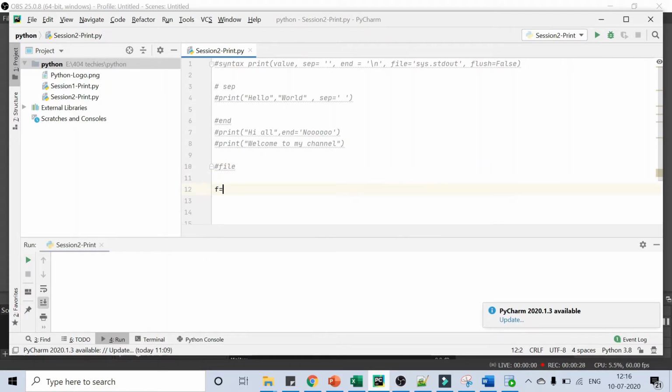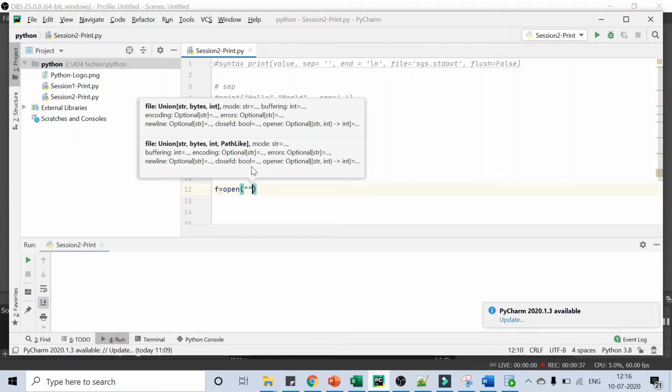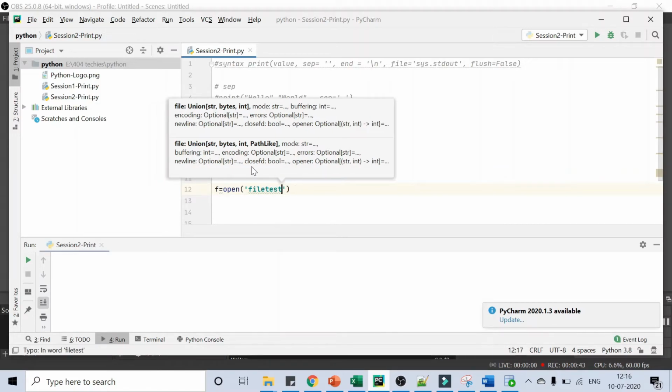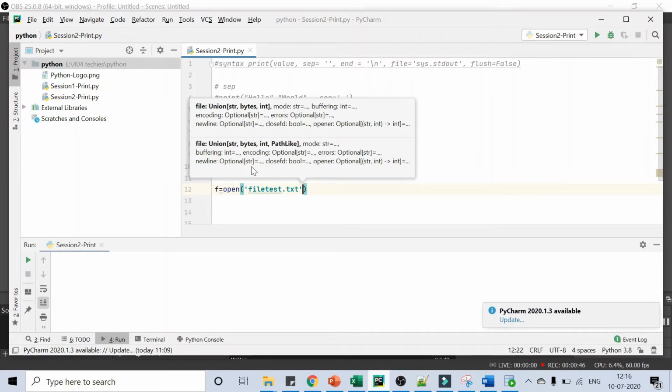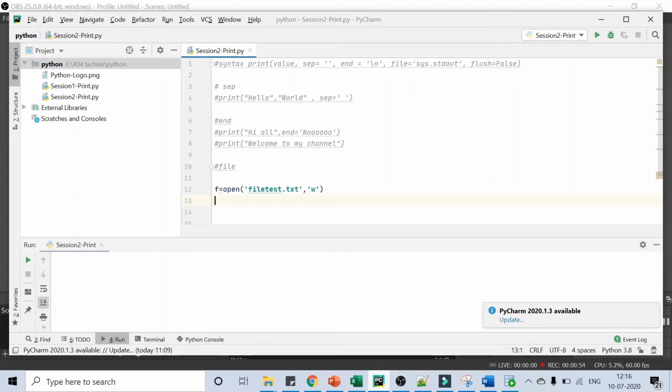I'm just opening one file, f equal to open. I'm creating a new file. I can use either single quotes or double quotes. I'm using single quotes here. File test.txt. So you created a text file in write mode. Then you have the print function, hi guys, with file equal to f.